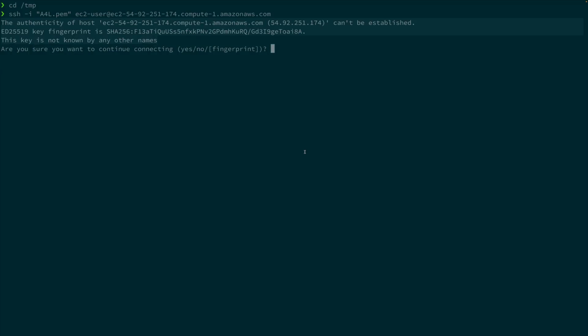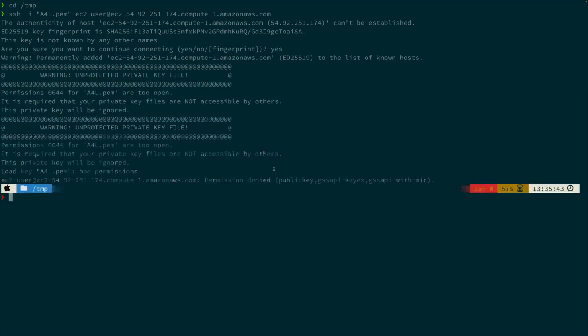DNS names can be adjusted to point at different IP addresses. So this fingerprint is a method that you can use to verify that you're actually connecting to the machine or the instance which you think you are. Now in this case, because we've just created this EC2 instance, we can be relatively certain that it is valid. So we're just going to go ahead and type yes and press enter, and then it will try to connect